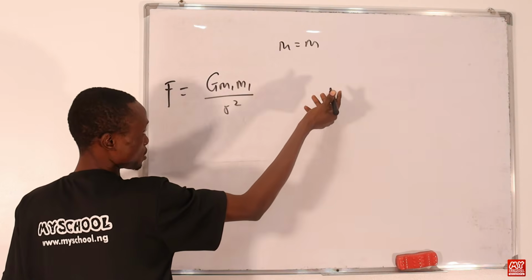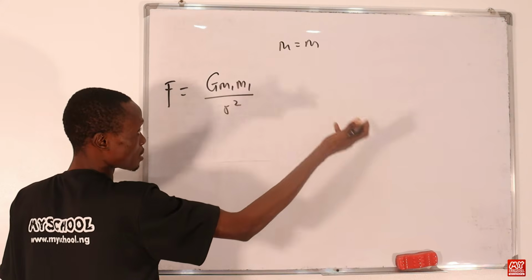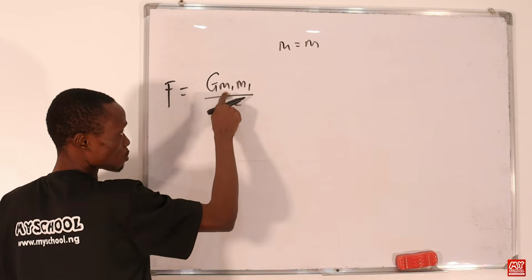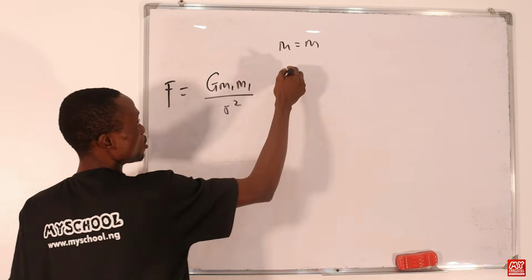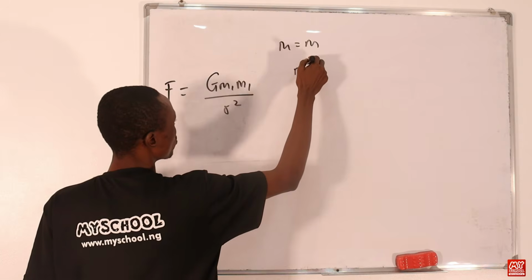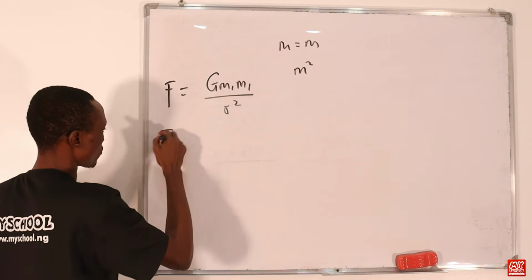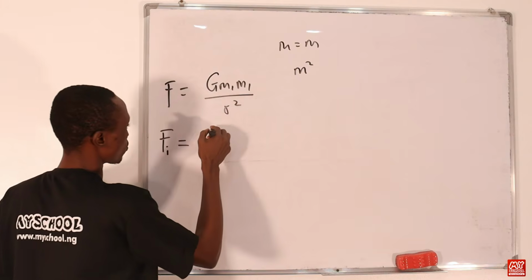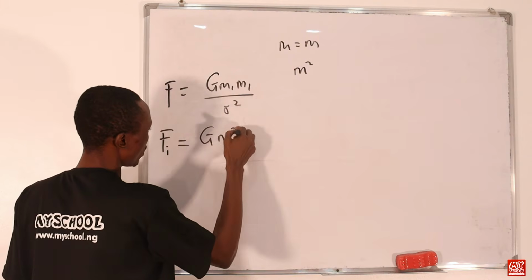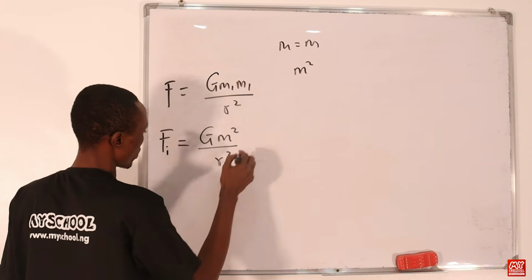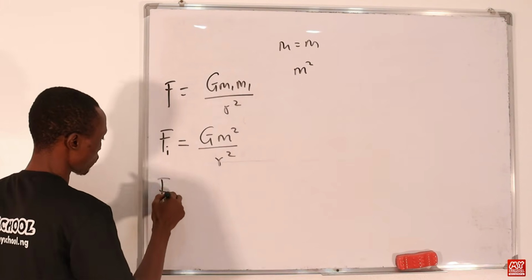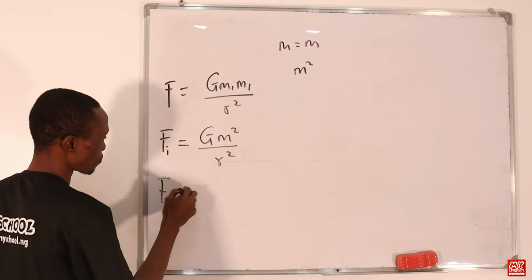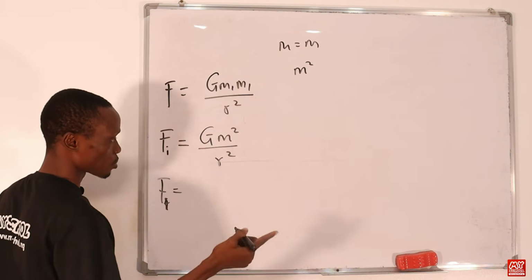Since both masses are the same, and here we are having multiplication, we just multiply them, so that we'll be having m squared, right? So F, the initial force of attraction between the masses, will now be equal to G m squared all over r squared. Now the final force, let's see what will happen if the masses are doubled and the distance